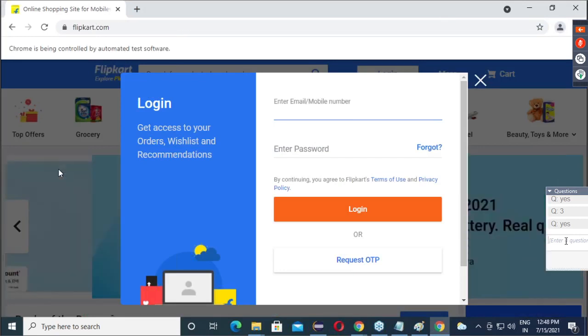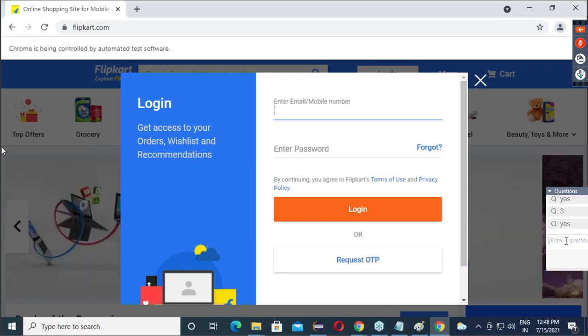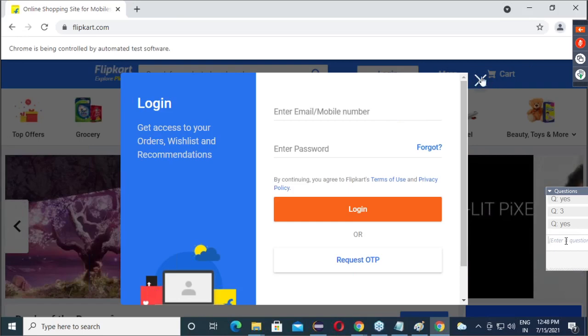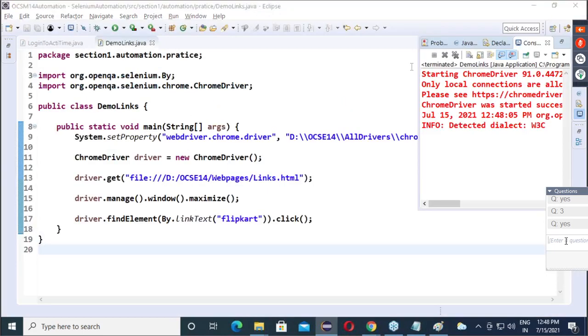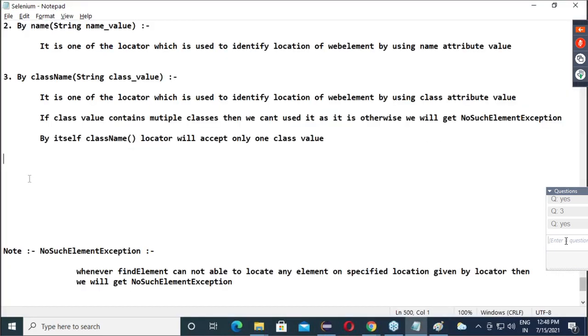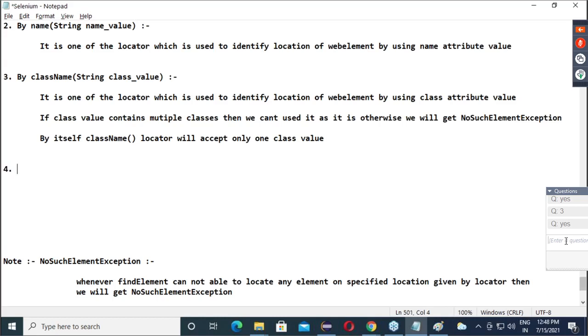Any confusion, guys? Yes, no. Confirm? Okay. So, guys, now for us, this is nothing but locator number 4, by link text, and here a String visible text of the link, correct?